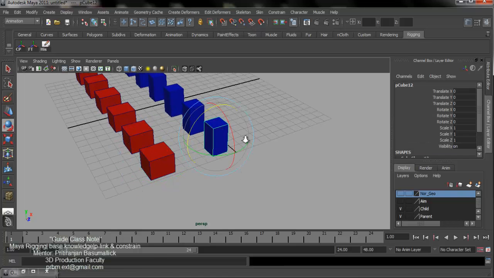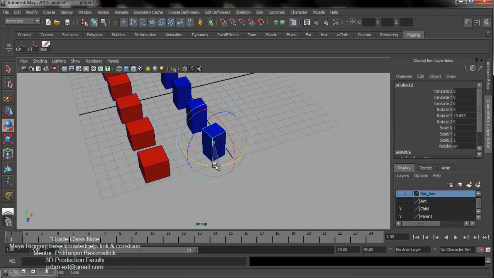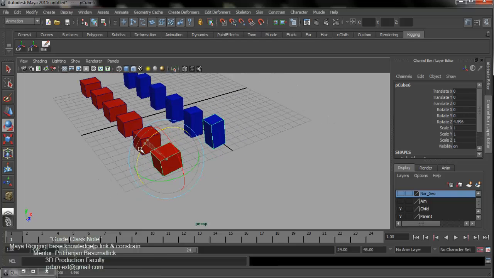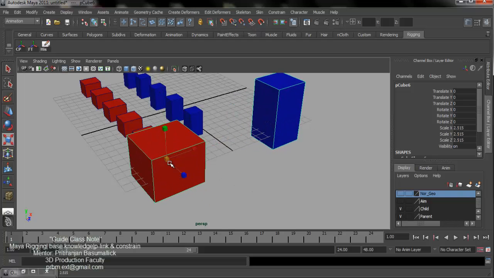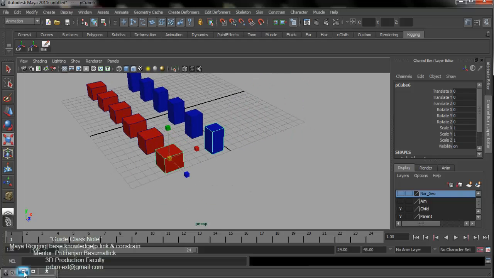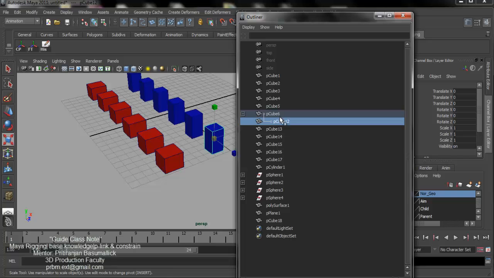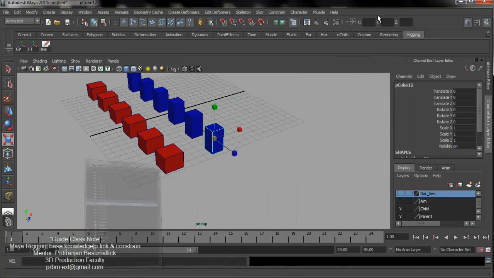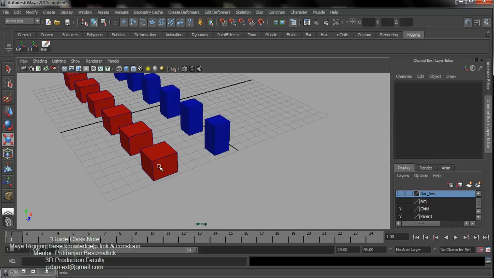The child rotates according to the parent. When I scale, the child scales according to the parent pivot point, because the child geometry goes directly under the parent. That is called parenting.